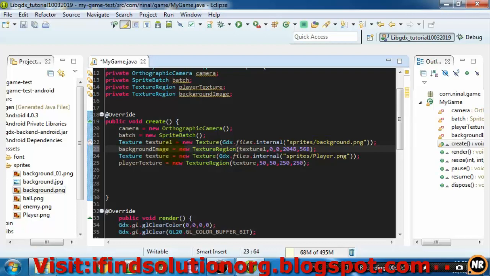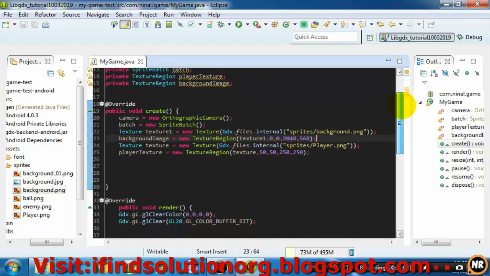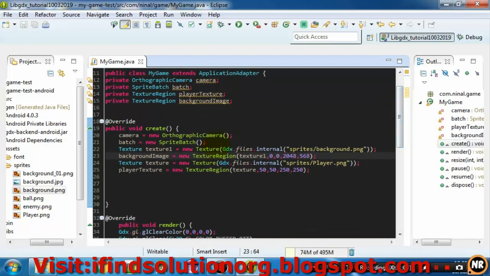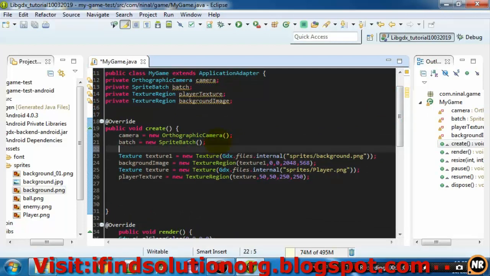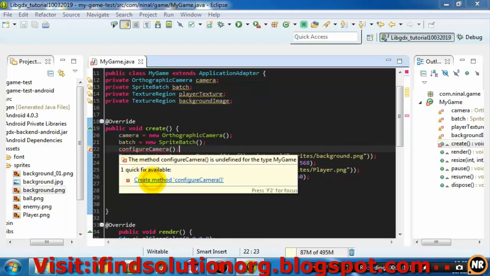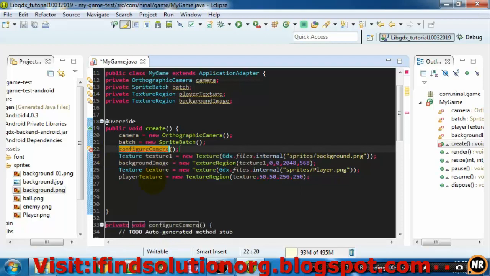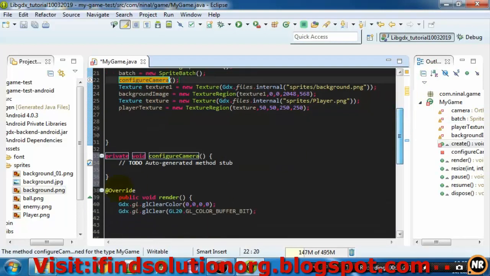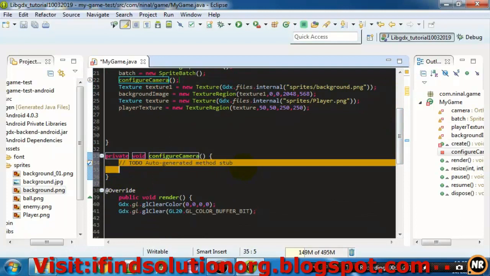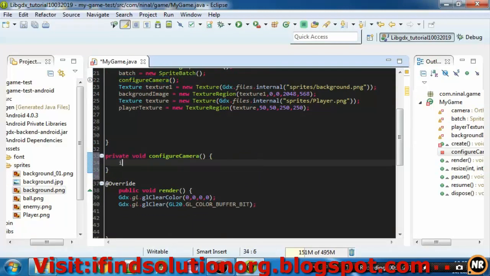and after that we will now create a camera configuration method called configure camera, and we will create this method. Okay, in this block we will write an if statement